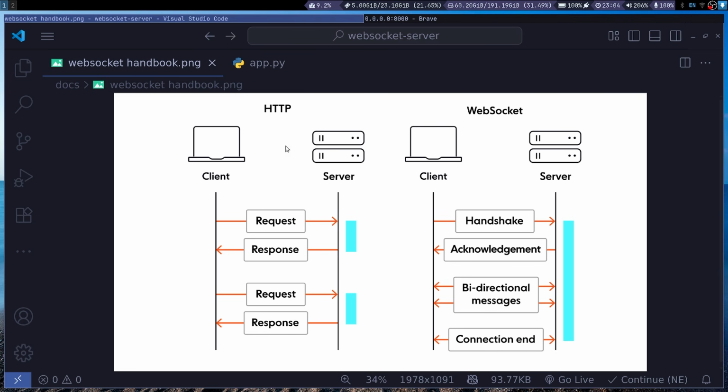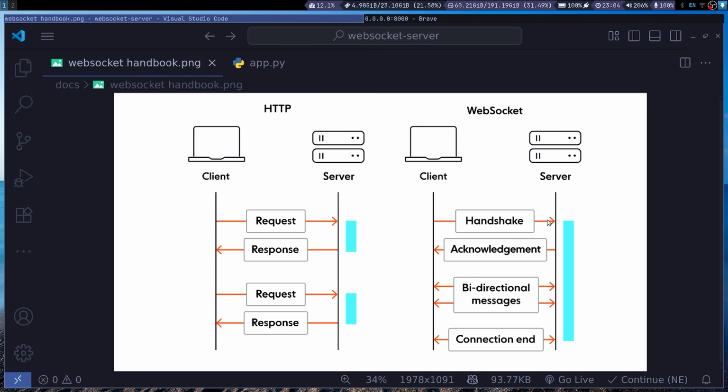During a normal HTTP request, just like we've done in the previous example, we have a client and the server communicating. The client makes a request to the server, and the blue line right here represents the connection between the client and the server. Once the server processes the request and returns a response, the connection is always terminated. That means in HTTP, every request we make to the server creates a connection that is destroyed when the server returns the response, which is different for WebSockets, because in WebSockets